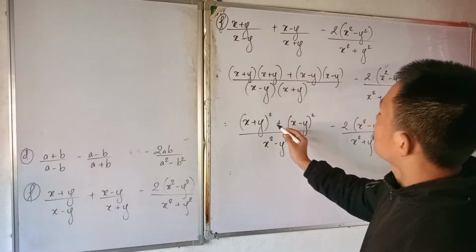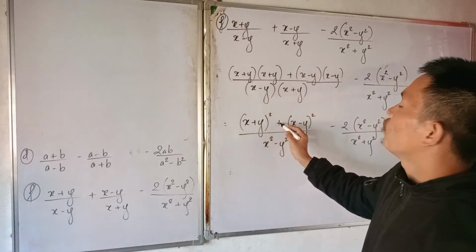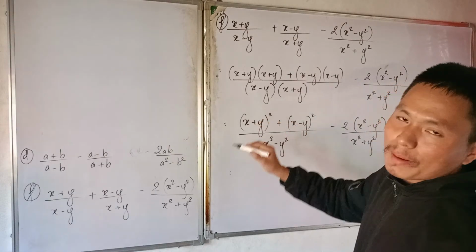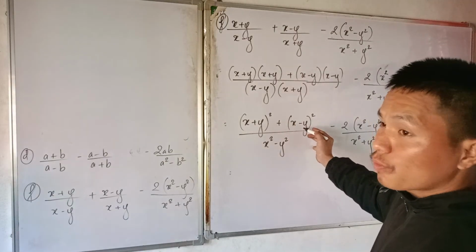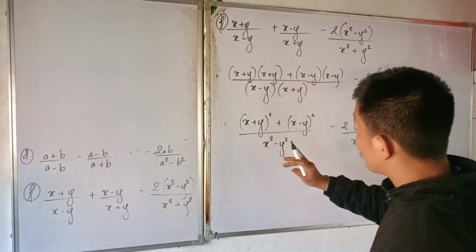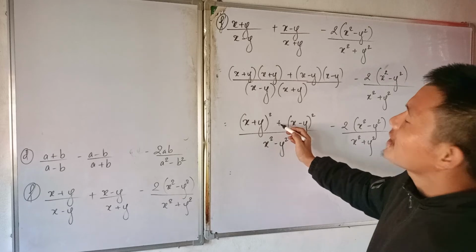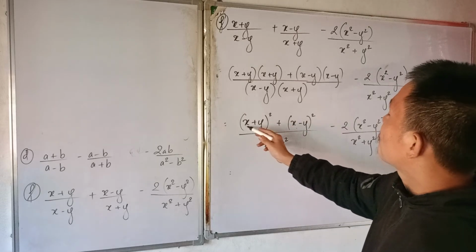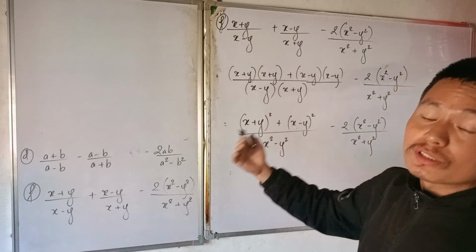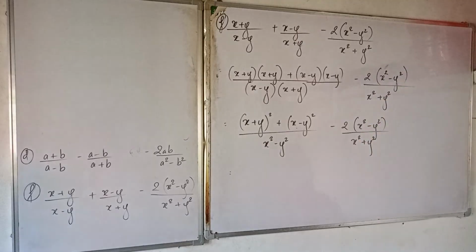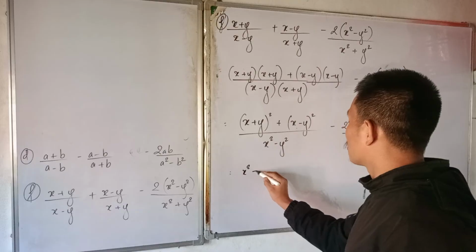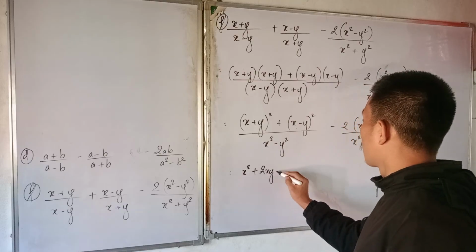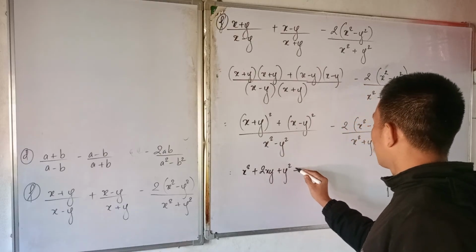Now you can see here, there is no formula for a square plus b square. If there were a square minus b square, we could apply that formula. So in this case, you just expand this, because it will not go into the formula of a square minus b square. You just simply expand this. X plus y whole square can be written as x square plus 2xy plus y square,